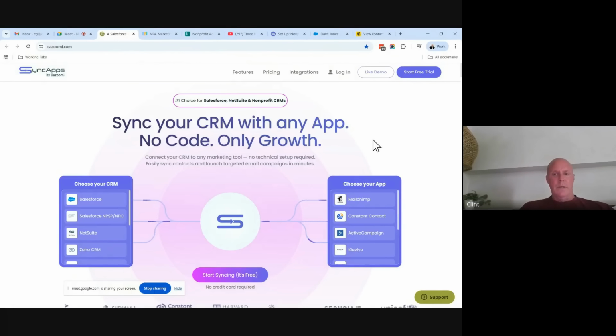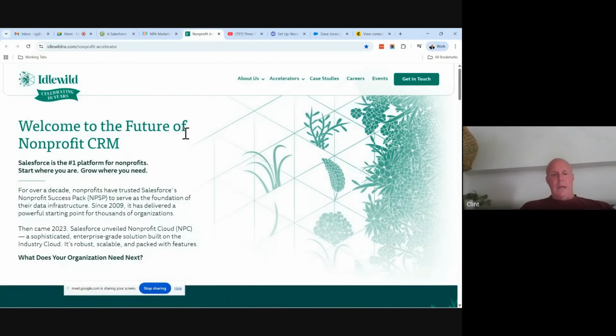So I wanted to go over today what we're looking at doing this year, which is in the following week. We've been looking at what's called a Nonprofit Accelerator. So you might have heard about it. We're going to take a look at that today and how that sits on top of Salesforce and then connect it to Mailchimp or Constant Contact or others, and then bring back the marketing into Salesforce for the Nonprofit